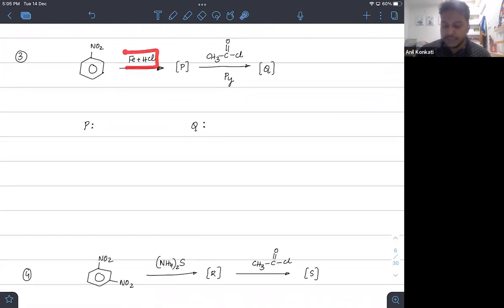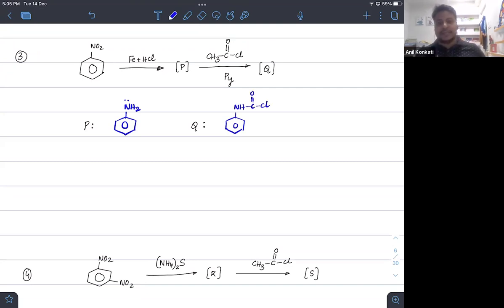Nitro is being treated with Fe/HCl. We got compound P, and after reacting with acyl chloride, we got compound Q. So we can easily expect that if it is reduction, we'll get NH2 here, correct? CH3COCl, we have discussed this earlier, that nitrogen's lone pair is still available, for making more like an acid-base reaction here. Correct, Atharv, right? So we can get this as NHC double bond O Cl.